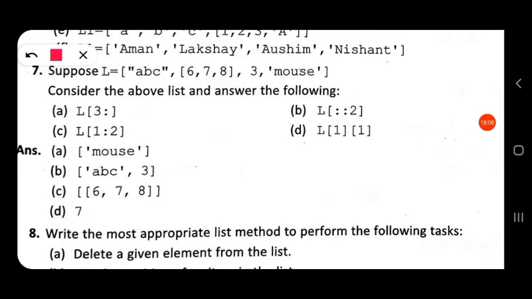In the first question, L[3:], here 3 is the start and the stop is not given. So from index position 0, 1, 2, 3, the output will be only 'mouse', because only the start position is given but no stop position.